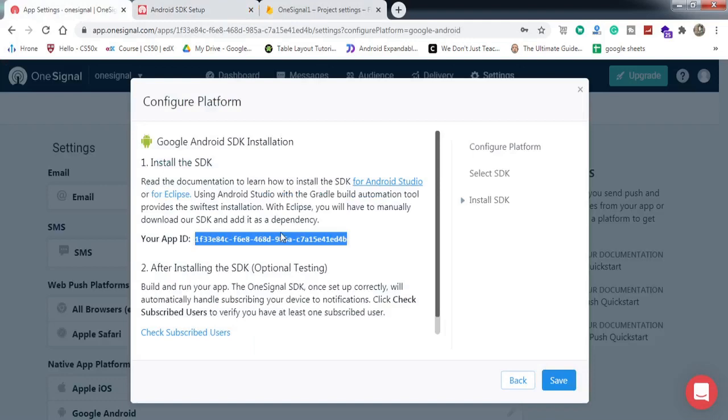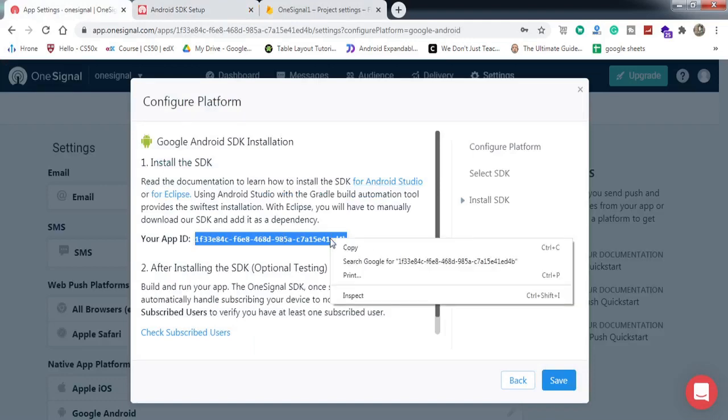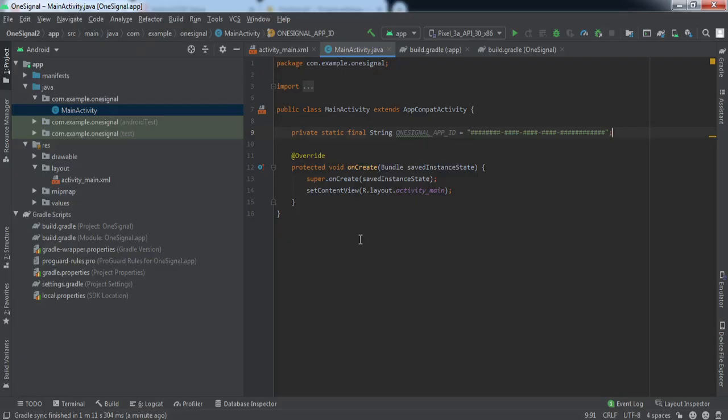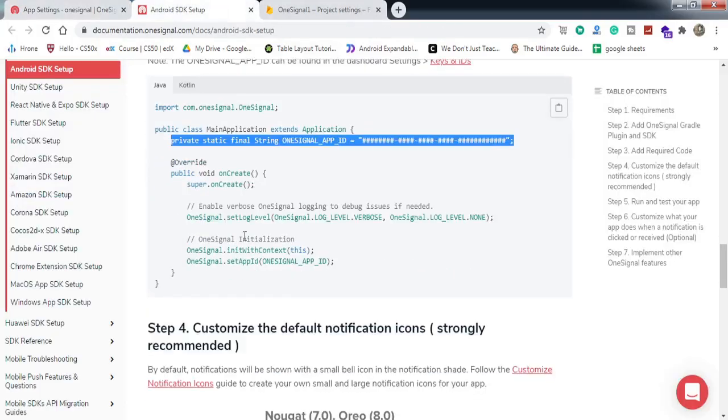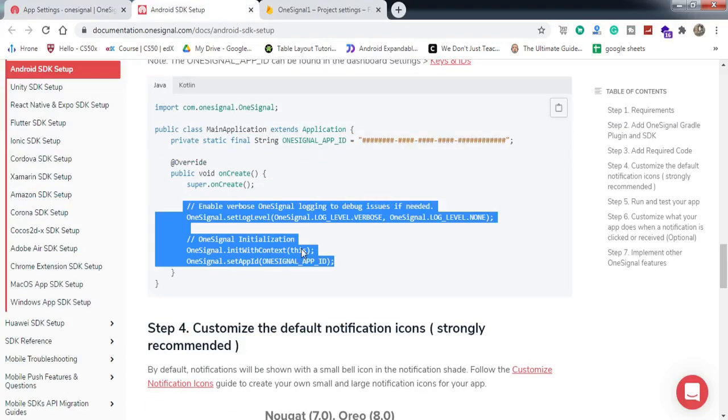Now on this page we will select our app ID, and I'll just replace this with the app ID, right? And after that we need to put in this line of code.